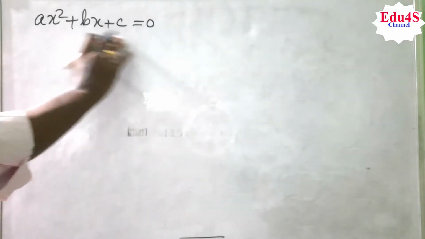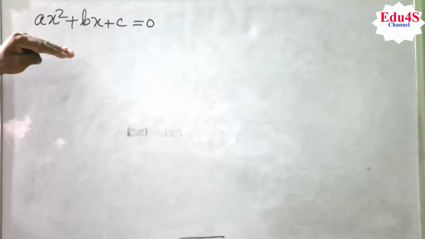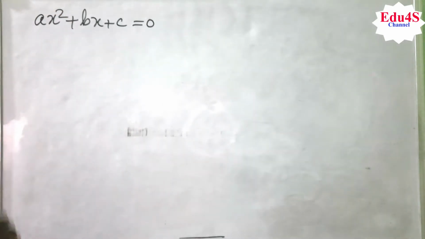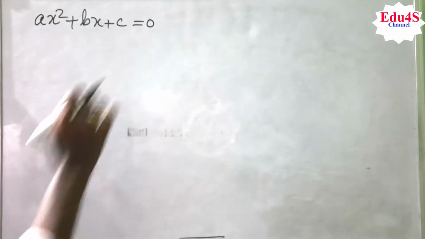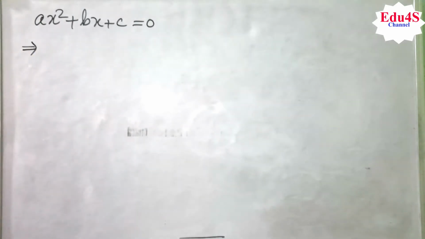So why have we taken this here? Because from this equation, we will understand the process of how to solve a quadratic equation and what steps we have to follow. So that is why I have taken it here. Now understand what steps are followed. You just look here very carefully.